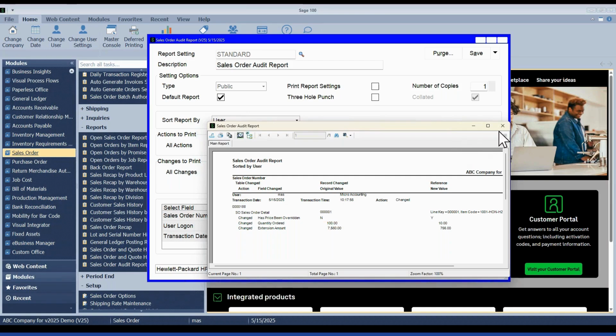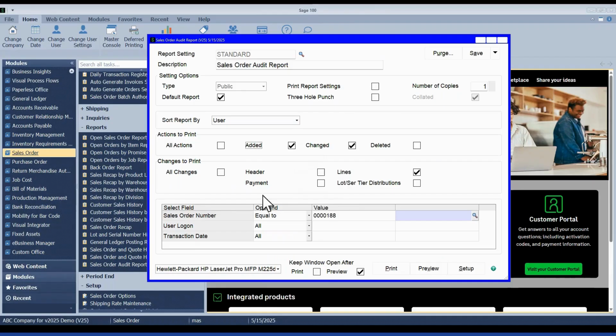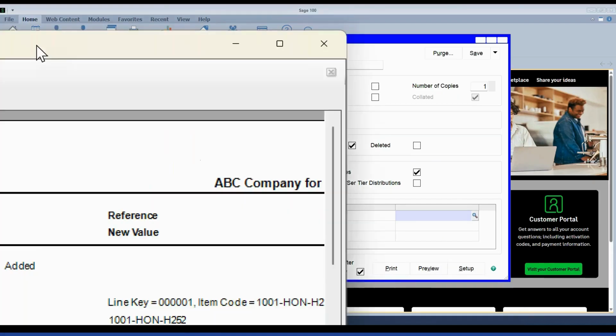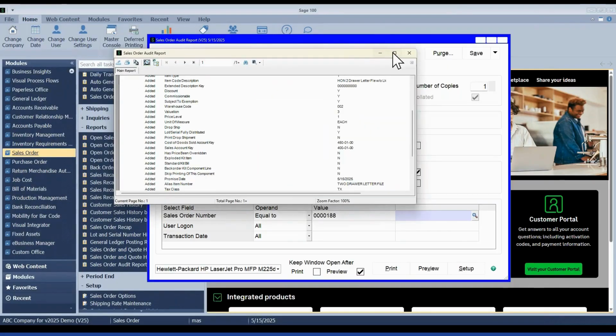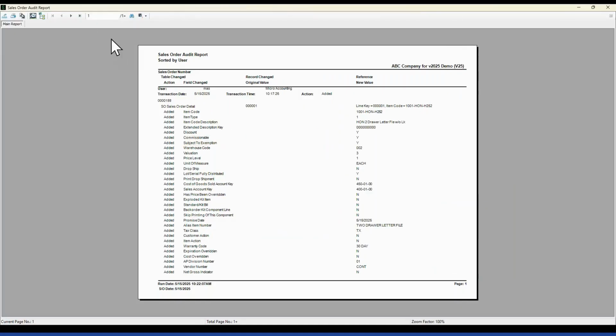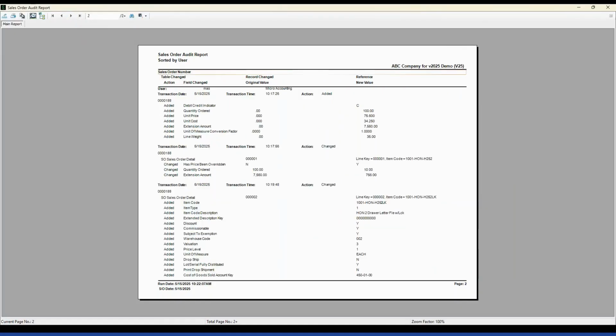So sometimes you may need to include that added action as well to maybe get everything you want to see about that order. I personally kind of like the other view because it's to me a little more intuitive on the actual order, but this is going to give you everything from the original order, and then within here you'll be able to see, okay, it was changed, but it was an added type action.